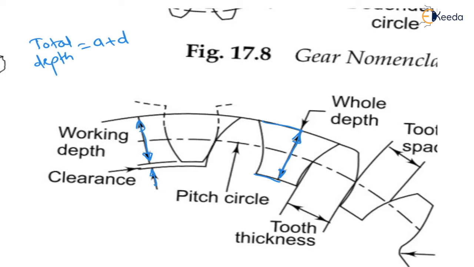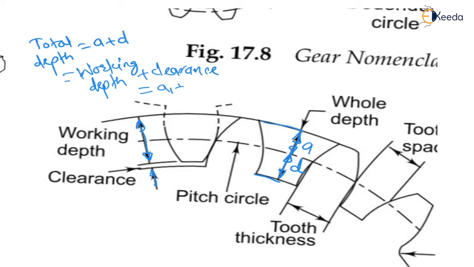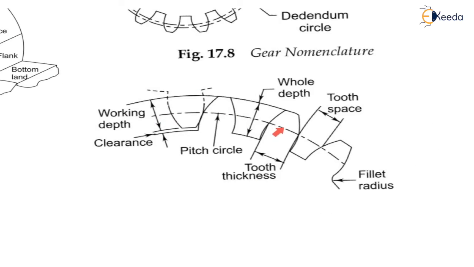My dear students, here you can see this much portion is addendum, and the bottom portion is addendum, which is nothing but, we can say, working depth plus clearance. This is how we can write, right? Working depth is nothing but addendum of first plus addendum of second, and clearance is nothing but addendum of first minus addendum of second. Then addendum of second will get cancelled, it will become addendum of first plus addendum of first, which is nothing but total depth.